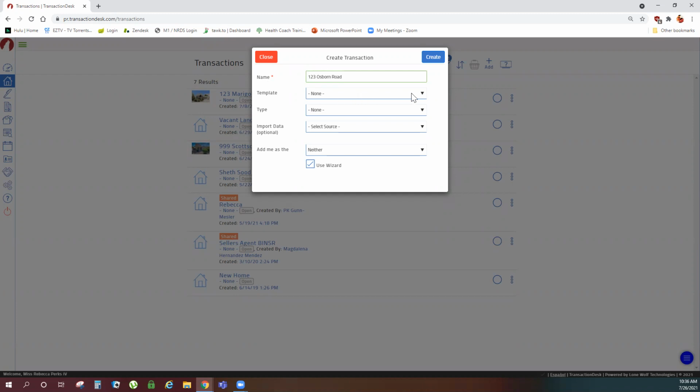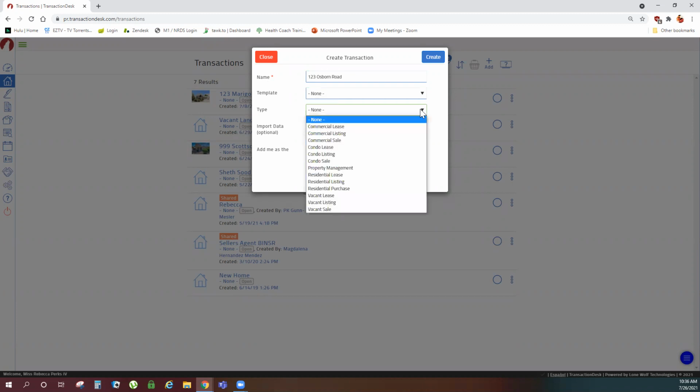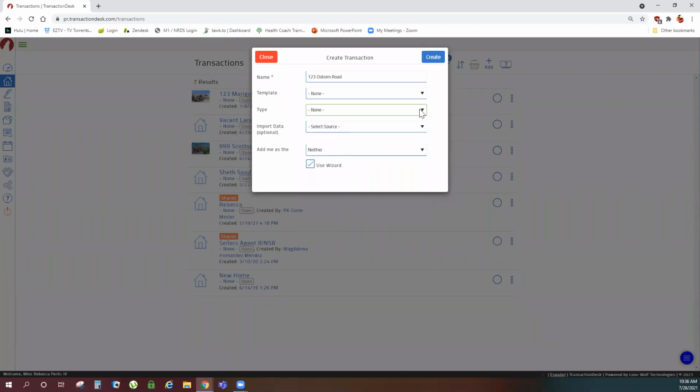If you have a template created, one of the places you can apply that template would be from the drop-down menu here. If you'd like to give your transaction a type so you can easily search and sort later, you can do that here. If you want to use the import data feature, which in ZipForm was called MLS Connect,